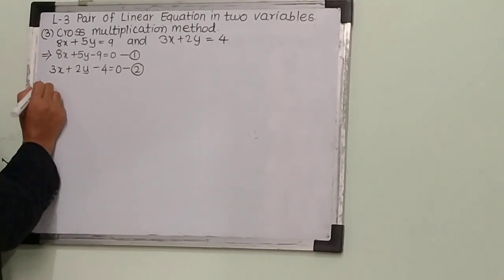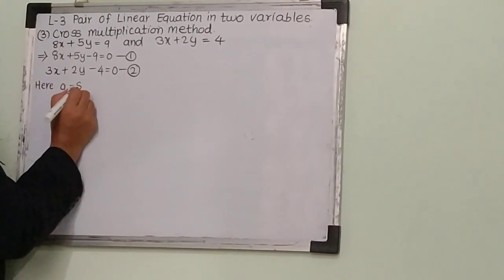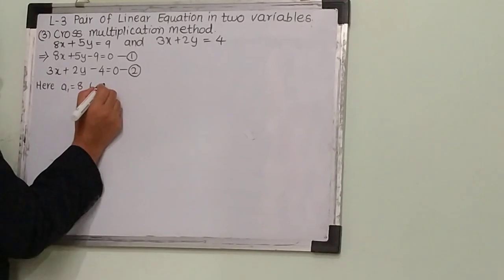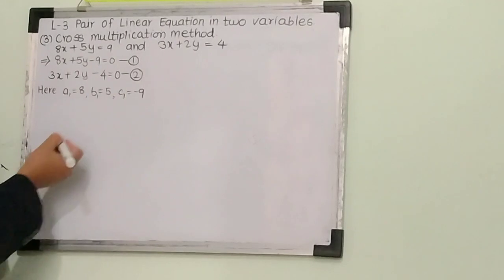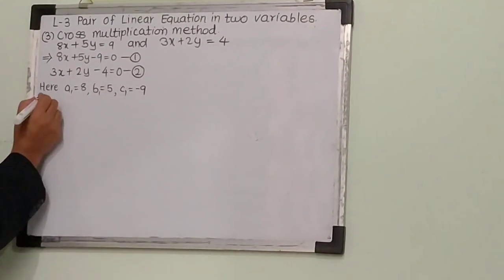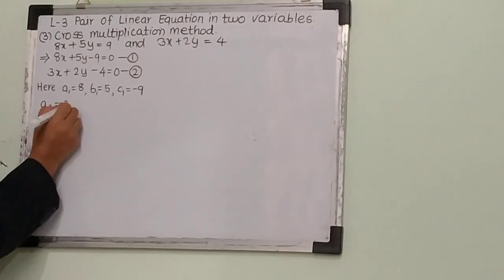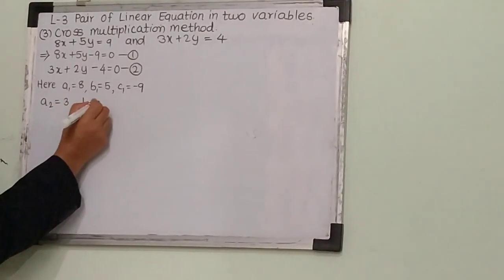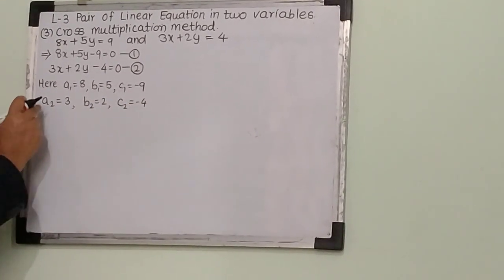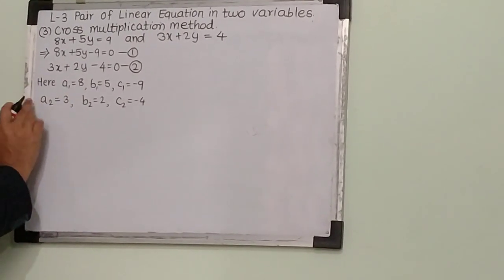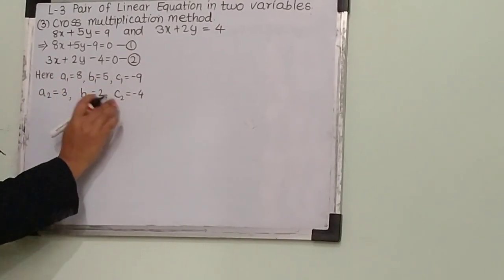Then I will write here the values of a1. a1 will be 8, b1, that is the coefficient of y, and c1 is equal to minus 9. Similarly for the second equation, the values are a2 equals 3, b2 equals 2 and c2 equals minus 4. So here once we get the values a1, a2, b1, b2, c1, c2,